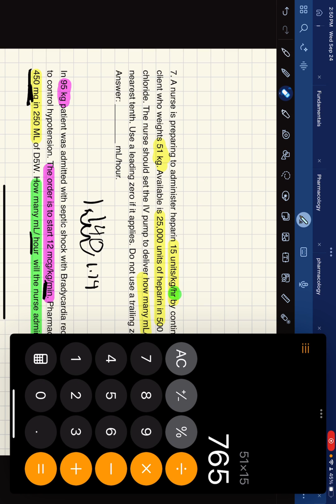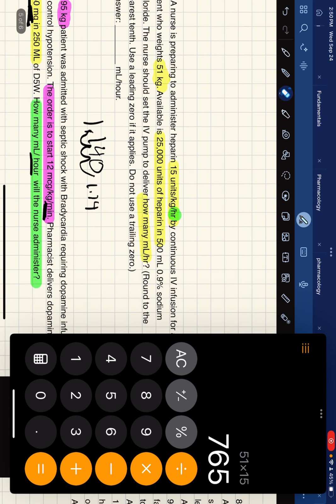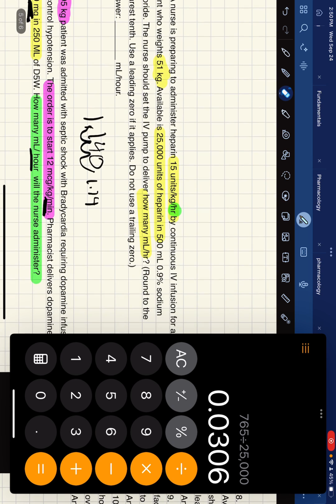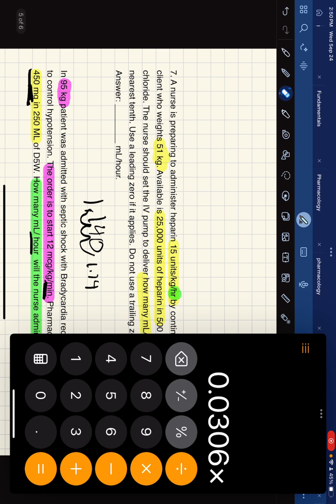All right, now we're going to take what's available, what's on hand, what the pharmacy delivered, and it's the 25,000 units. Okay, so we're going to go ahead and divide that, and that's going to equal that, and then we're going to multiply it by the 500 ml. So that's our volume, and our total is going to be 15.3. So he's asking us to round to the nearest tenth. Obviously we can see it's already 15.3